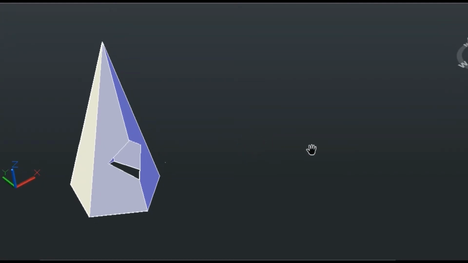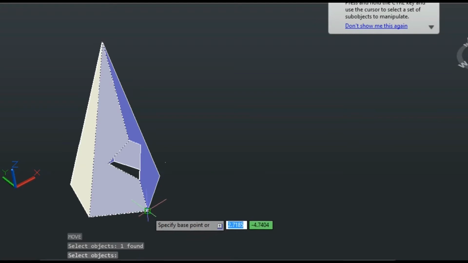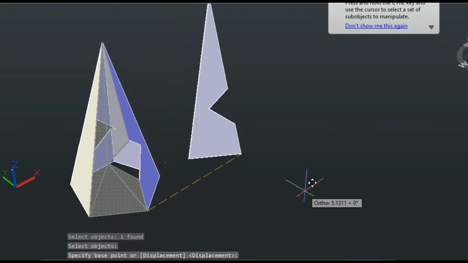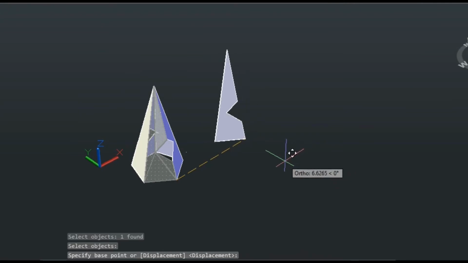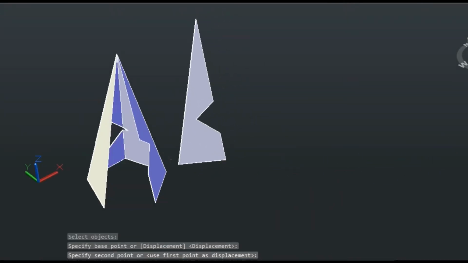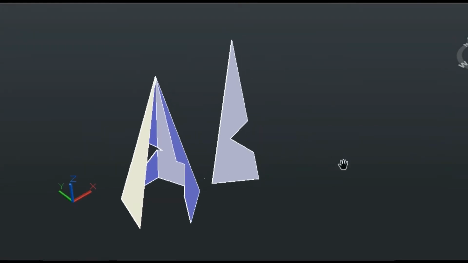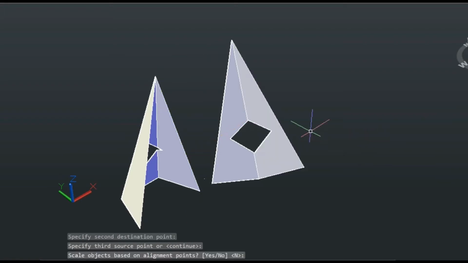So what I will do, I will just bring out one face at a time, and I will bring all the faces at a single place. It is in a way we'll just unfold this pentagonal pyramid. So you see that I've just taken one face. If I take out all the surfaces, I'll get the developed surface of this pentagonal pyramid. So this is the first face, and I have brought the second face also,